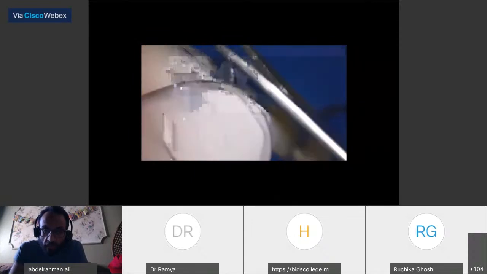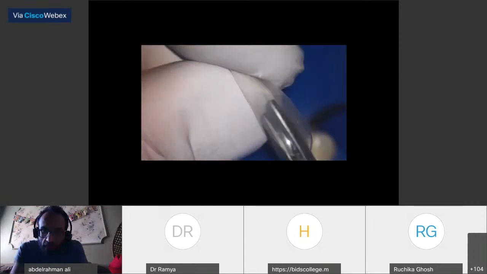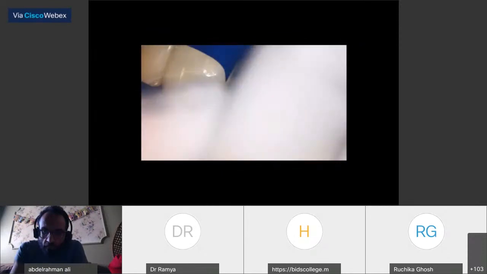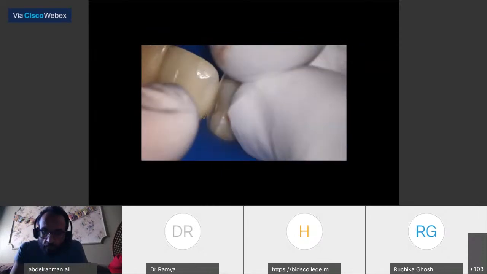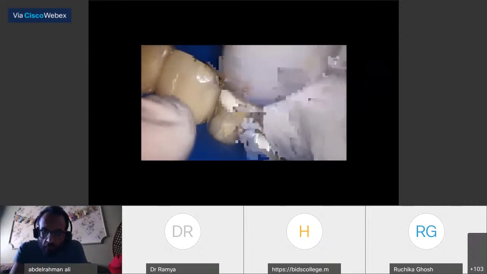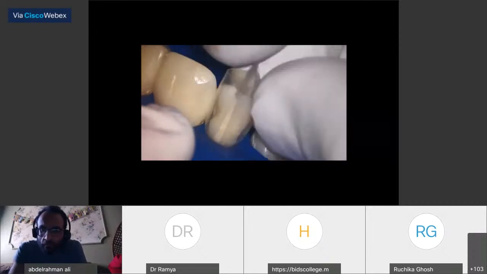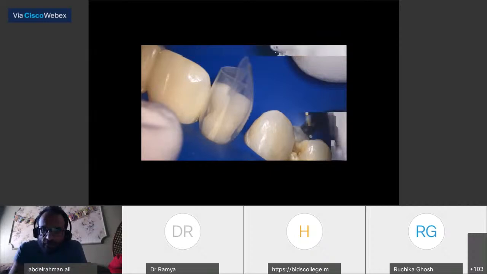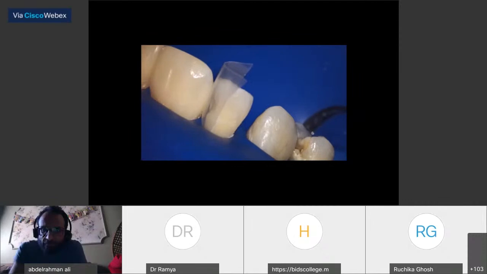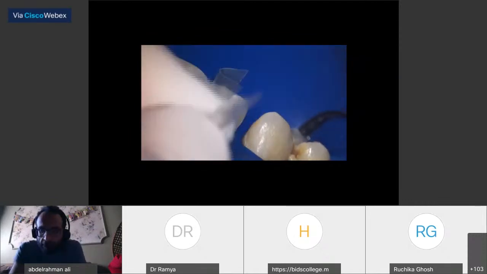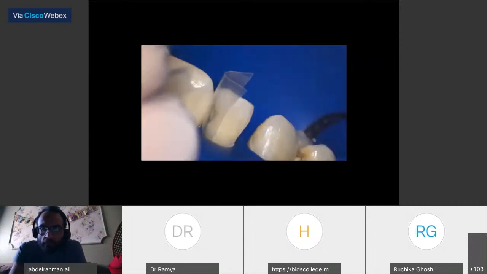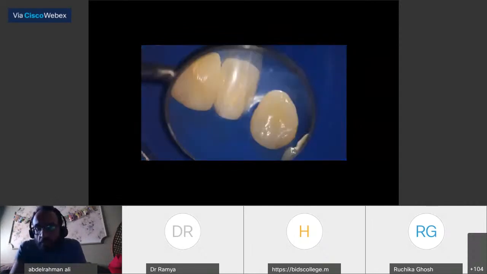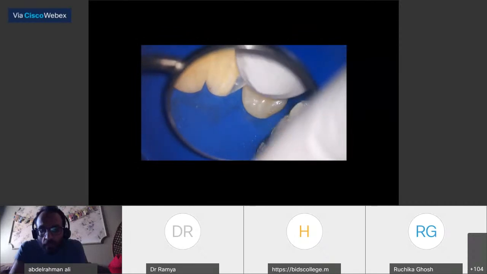For the second matrix, we will do the same steps. If you're not able to close the diastema, you have to split the space between the canine and also the lateral. So you will do